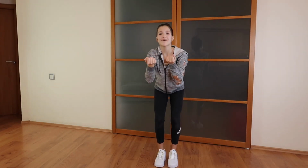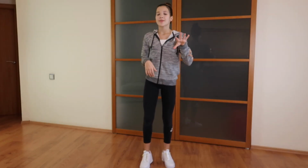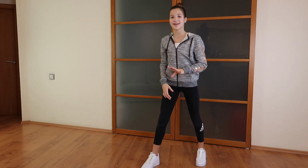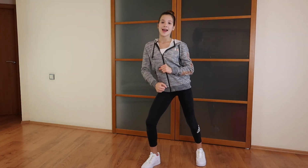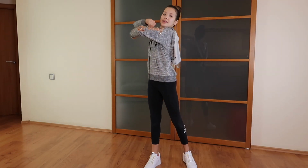So we're doing this, and then we're gonna do like this rolling thingy, this rolling movement. And for that, we're gonna click right, and this leg, our left leg, is going to the side, and slowly we're gonna put our weight on this leg. We're gonna move it from this leg to this leg. It's kind of like this. And our hands are doing this movement. It's kind of easy. Some people do it like this, some people do it like this. But in this dance, almost everybody does it like this,